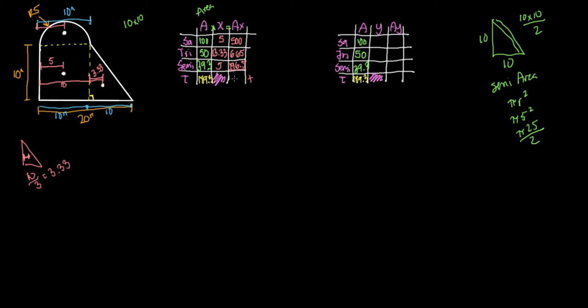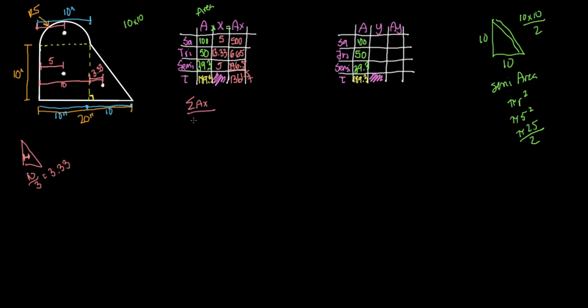Add all those up, and we're going to get a number. And of course, I forgot to write it down. 500, 665, 196.5. So 1361.5. 1361.5. Alright, so let's just finish that up. Sum of all forces. Yeah, sum of all forces. Got trusses on my mind. Sum of all the